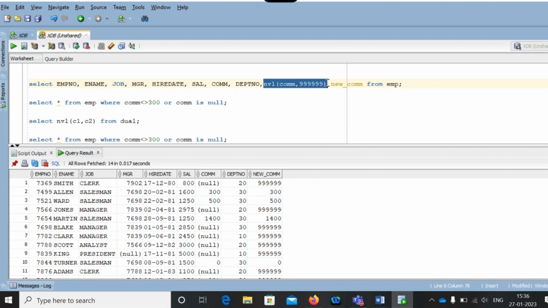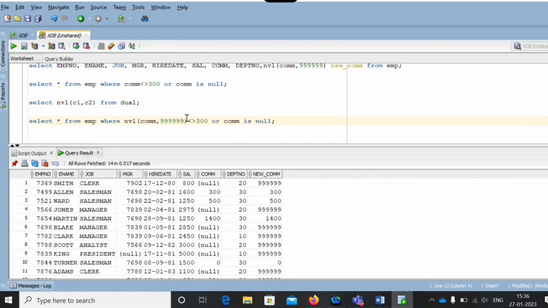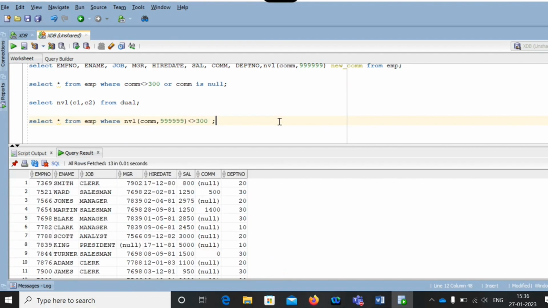So now I need to retrieve whose value commission is not equal to 300. So I'm removing this condition as well now. What is happening now? You will get 13 records here now. Because this value is getting converted in this format.